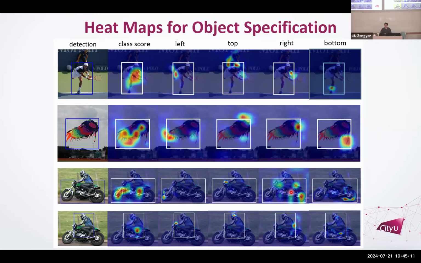And the right side of the motorcycle depends a lot on where the person is, the contact point of the person and the motorcycle. And if we look at the person on the motorcycle, then it finds that the important part is actually the legs of the person, and the feet determine the bottom of the person. So in this case, we get some reasonable explanations.